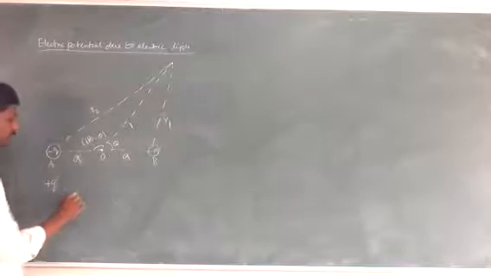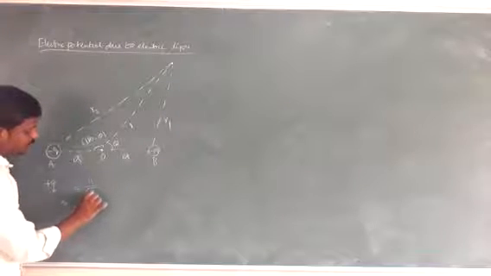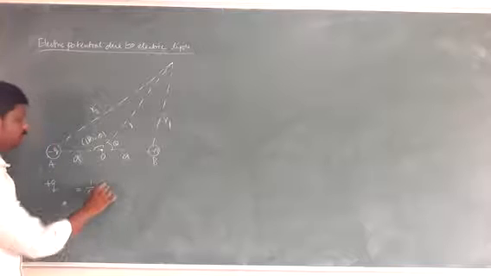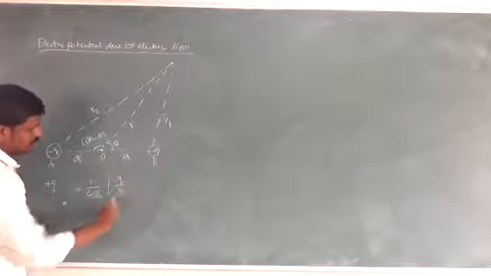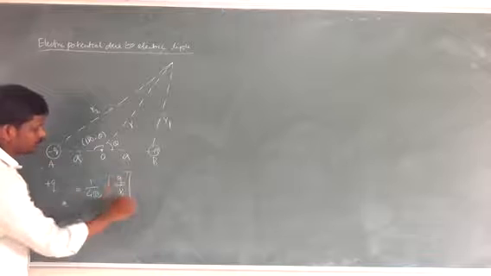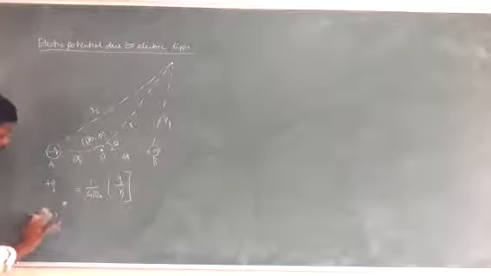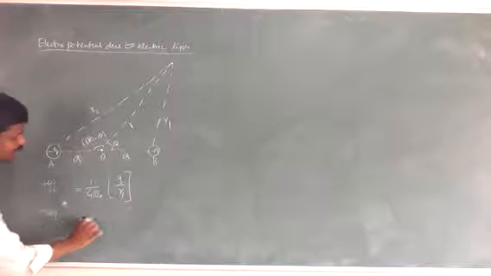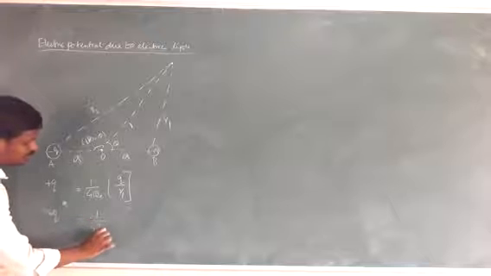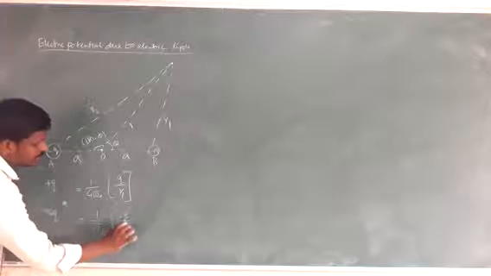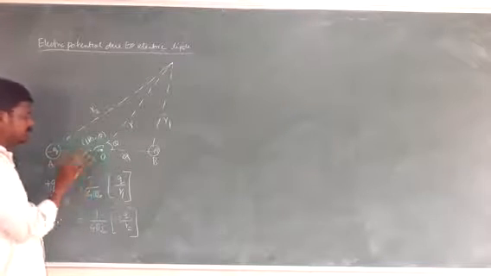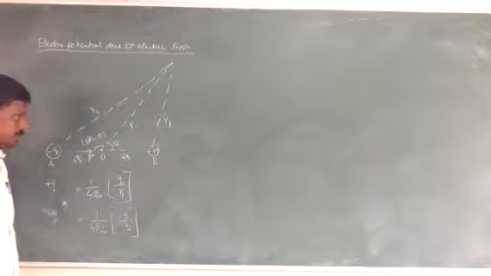So already we know, due to the positive charge, the electric potential is equal to 1 by 4 pi epsilon naught, q by r, so it's r1. Due to the negative charge, the electric potential is again 1 by 4 pi epsilon naught, but it's minus q by r2. Why is it minus q? Due to the negative charge. The direction of the electric dipole moment is from minus q to plus q. So in this direction, it's p vector, the electric dipole moment.